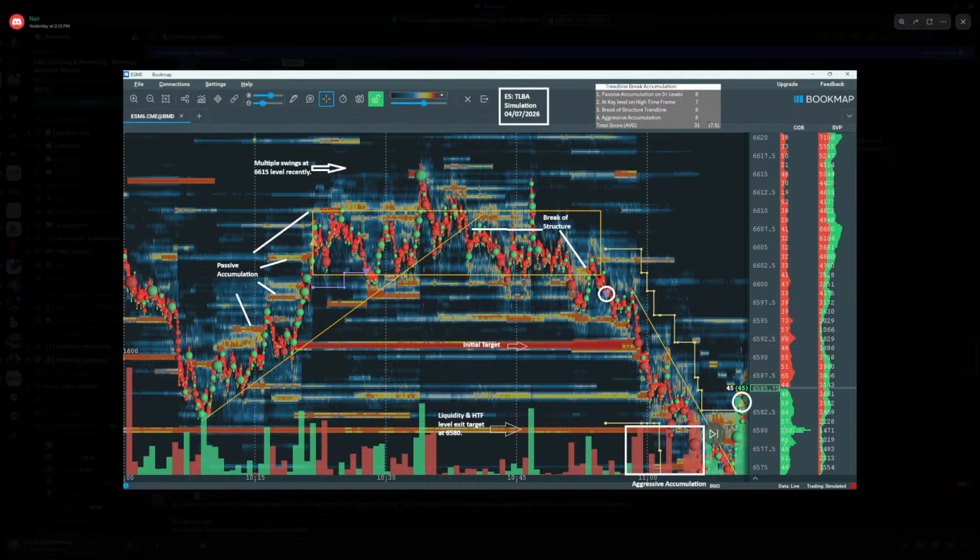So just waiting for it to play out really helps with psychology, and it's so clear. It's the market structure. You're waiting for that market structure to really work itself out, and it's hard to do because patience is something that we all kind of lack, but it's really important to learn